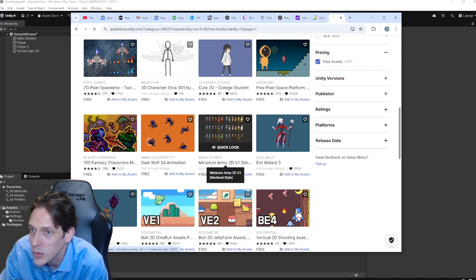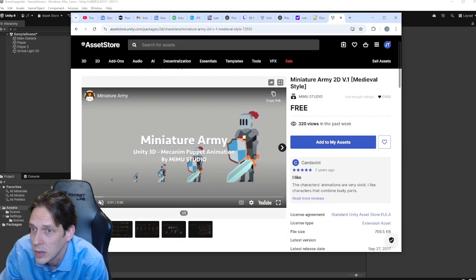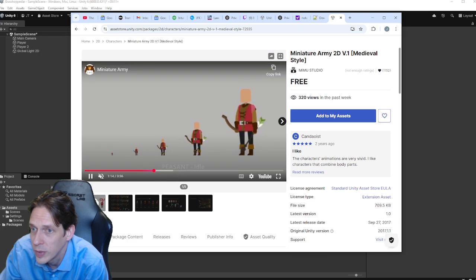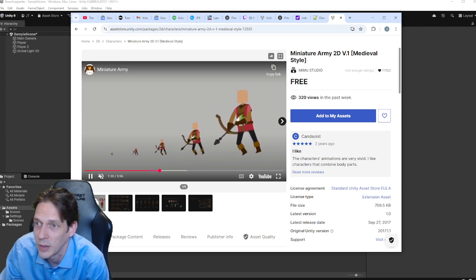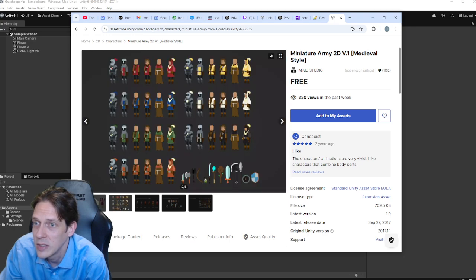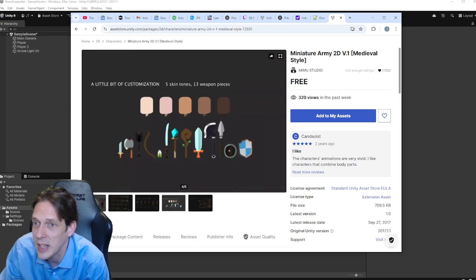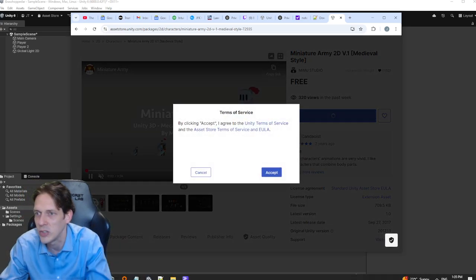Miniature army, 2D. So this is somewhat promising. The fuck is that? All right, so these are just dudes. I mean, we could have them walk up, down like that. It could be top down with a dumb looking perspective. I'm all right with that. These are nice. Do they pick things up? They look like they carry objects. Yeah, they do. These things carry objects. This is exactly what we need. So I'm just going to do that.